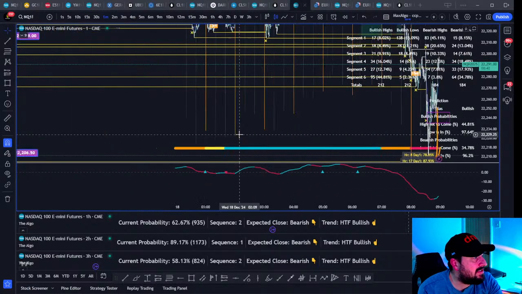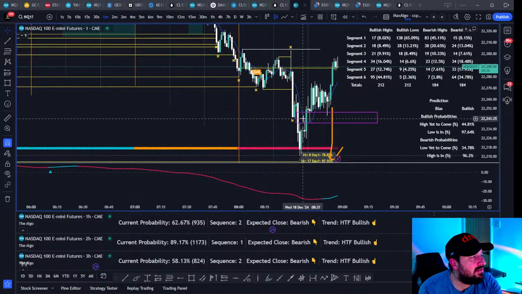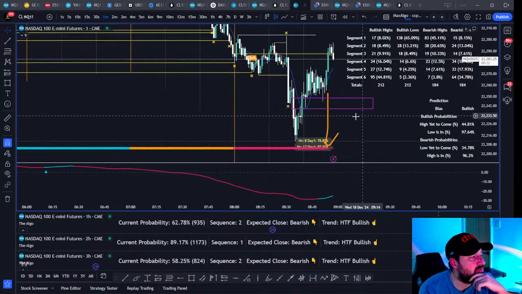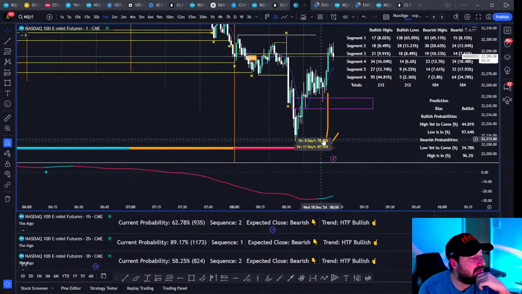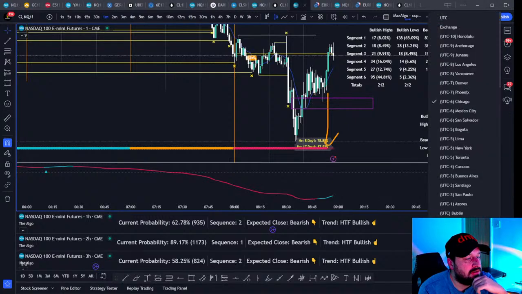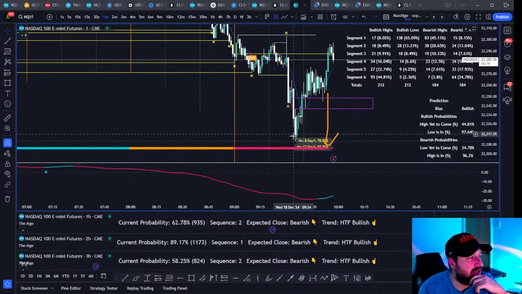I'd love to see the liquidity that it's just, you can't just take any inverse fair value gap, right? I suppose it's a specific time as well, 9:30. We're not at 9:30 yet. Or is it 8:30? Am I on the Chicago time? Yeah, so let's put it back to... Yeah, so it's 9:30.